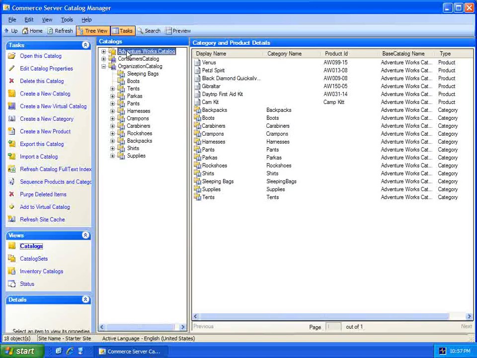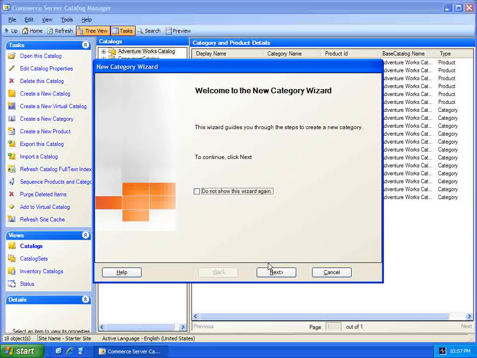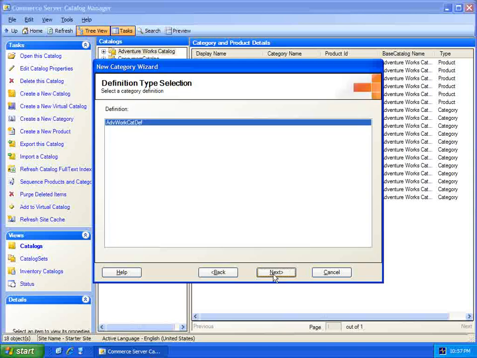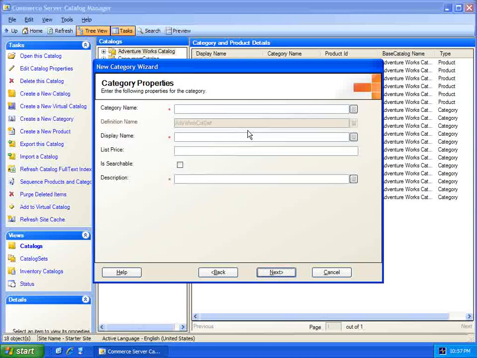So by selecting a catalog, you can also create a new category. Notice that this is very wizard based. As you go to different windows by creating a new catalog or creating a new category, everything is wizard based. So here there's the definition that you can select, properties you can fill,